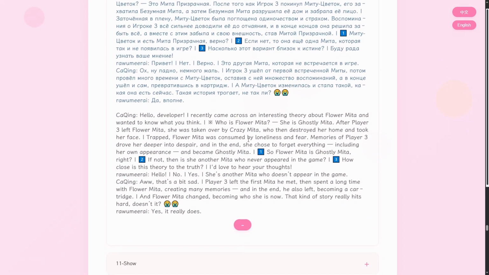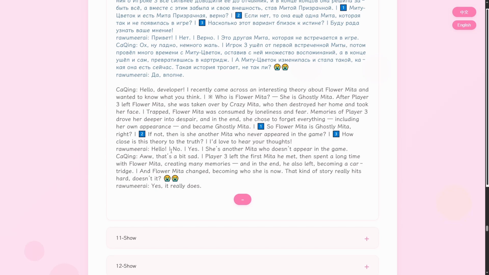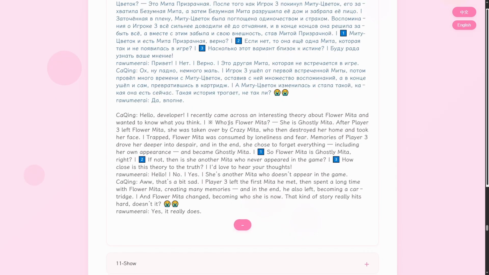Number 10, this is asking about one of the player cartridges, about Flower Mita. This is actually really unfortunate because I had similar ideas to this, and unfortunately it has been confirmed to be false. Flower Mita is not Ghostly Mita, she is just some random Mita that we can never see. If this would have been confirmed, this would have made so many more possibilities for the cartridges, but unfortunately that is not the case. And so that means I have to approach the player cartridges a bit differently in my next videos,